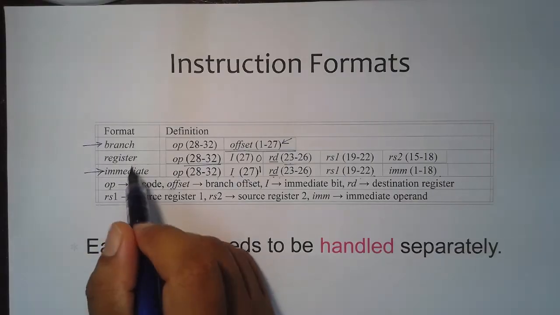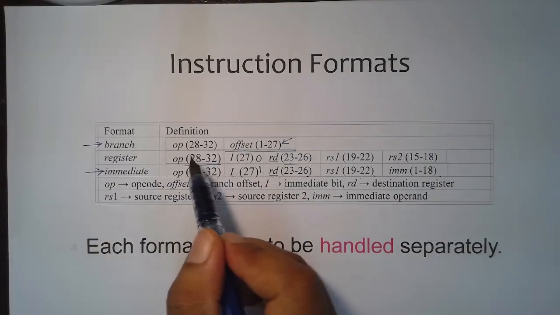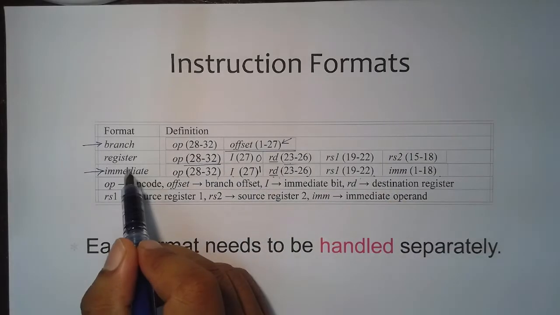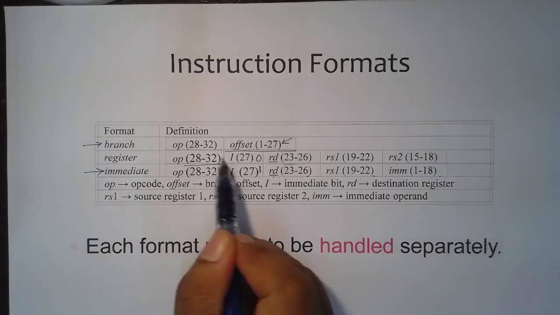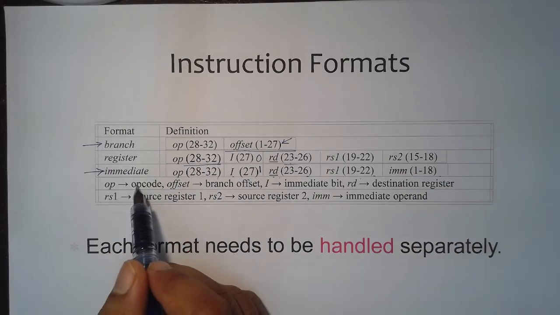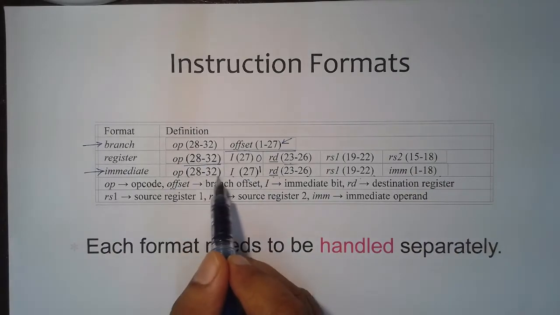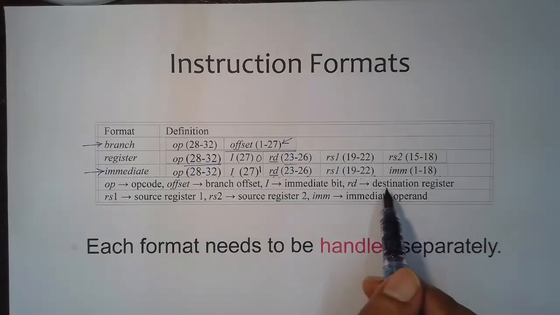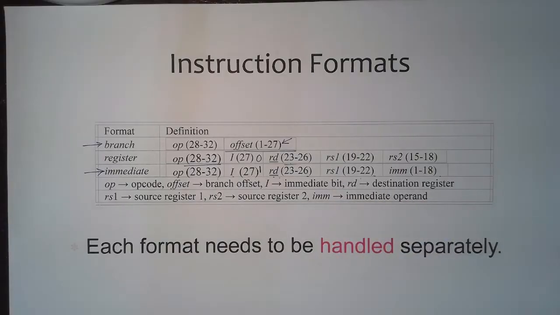So, I can have an instruction which has only a 5 bit opcode followed by offset values. I can have an instruction which has the 5 bit opcode and then the 3 register addresses, or I can have an instruction where I have a 5 bit opcode followed by 2 registers and then an immediate value. But in the hardware, I have just fetched the instruction, I only have this 32 bit, I have not done anything else, I do not know what instruction it is. Now,